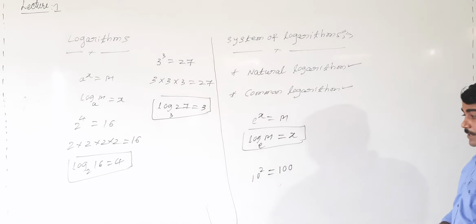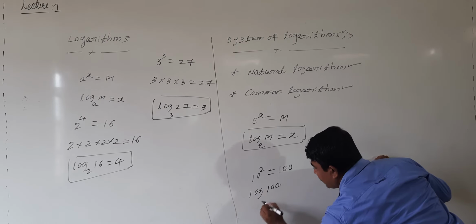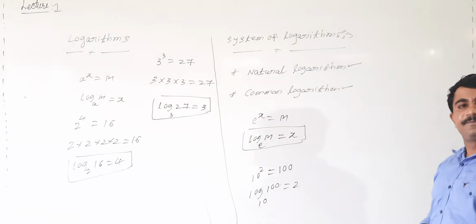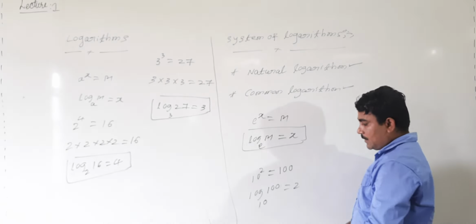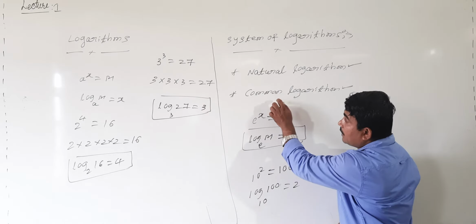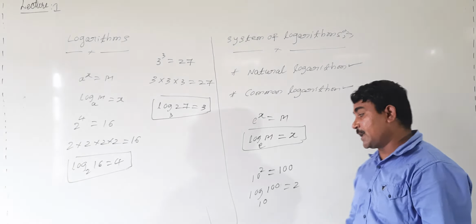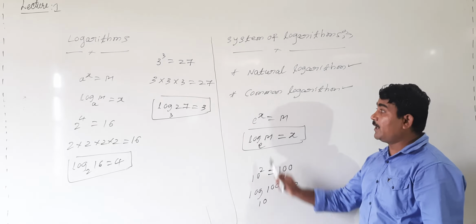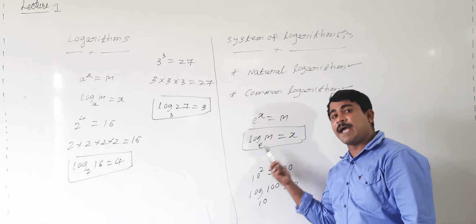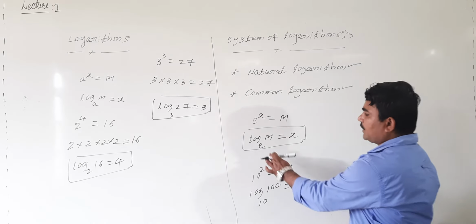Are you getting this? How to write this then? Logarithm of 100 to the base 10 equal to how much? That is 2. What is this? Logarithm to base 10. This we are calling common logarithm. ಯಾವ ಲಘುಗುಣಕದ ಬೇಸ್ 10 ಆಗಿರ್ತದ ಅದಕ್ಕೆ ನಾವೇನು ಕರಿತೀವಿ? ಕಾಮನ್ logarithm ಅಂತ ಕರಿತೀವಿ. ಯಾವ ಲಘುಗುಣಕದ ಬೇಸ್ e ಆಗಿರ್ತದ ಅದಕ್ಕೆ ನಾವೇನು ಕರಿತೀವಿ? ನ್ಯಾಚುರಲ್ logarithm ಅಂತ ಕರಿತೀವಿ. ಬಟ್ ವಾಟ್ ಈಸ್ ದ ವ್ಯಾಲ್ಯೂ ಆಫ್ e?